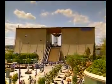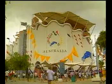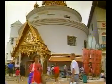The first visitors of the day run to get a good place in line at the big attractions of Expo 92. Japan, Kuwait, Australia, Indonesia. For 6 months, from April to October of 1992, here on this 2.5 square kilometer site on the